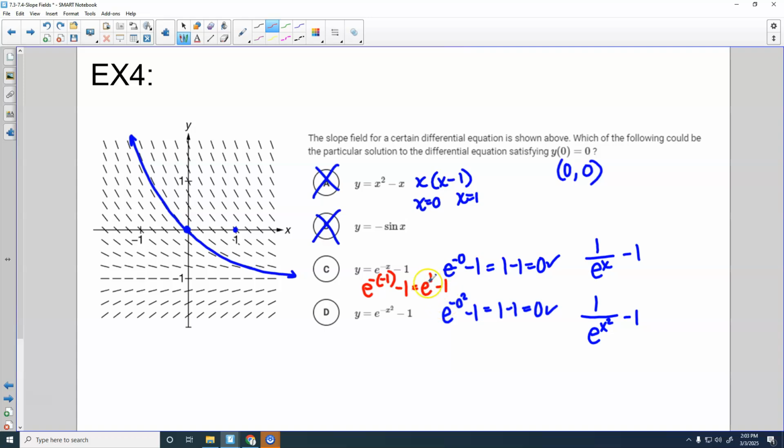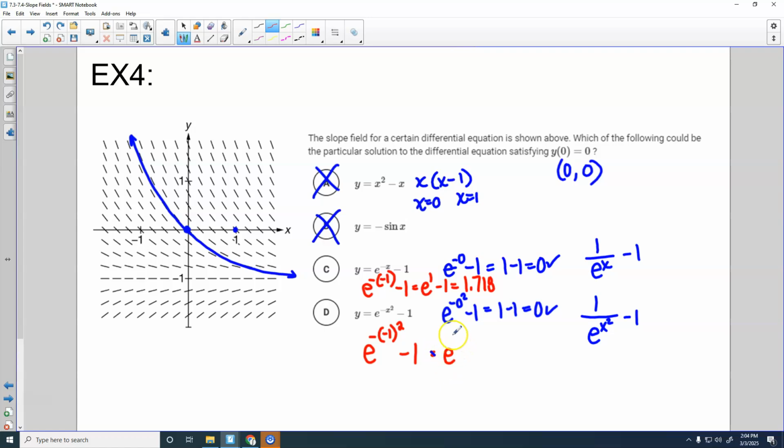Okay, so that is like 2.718 minus 1. I get like 1.718. So at negative 1, I should get like 1.718. This seems like it might work, right? But if I plug in here e to the negative 1 squared minus 1, then I would square this, which would give me e to the